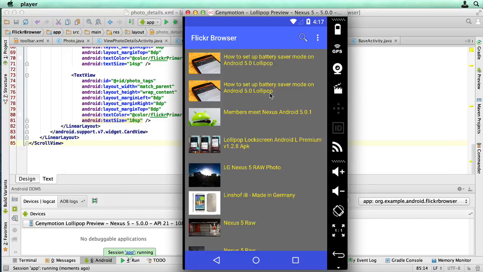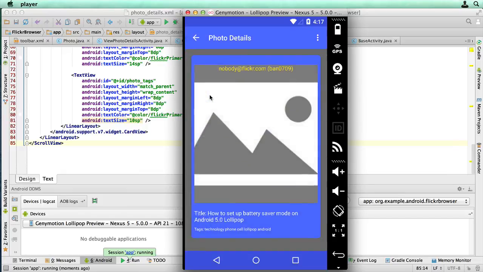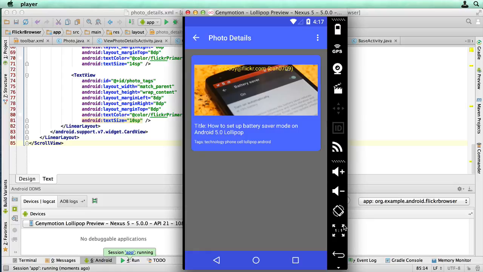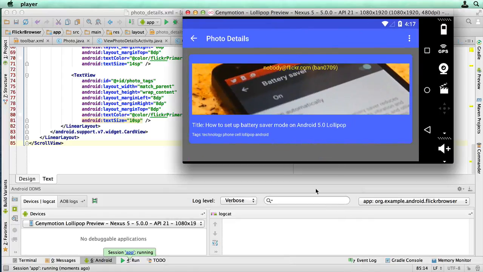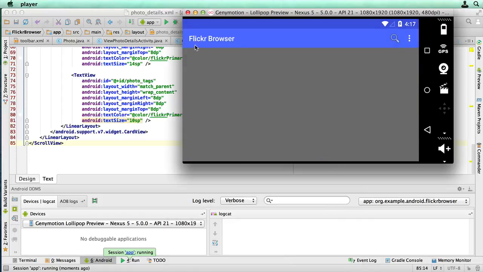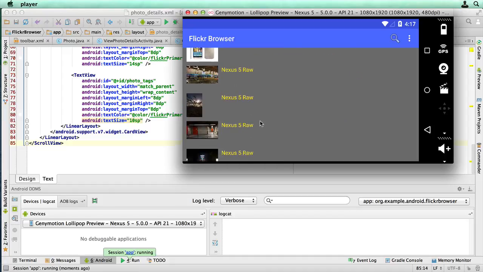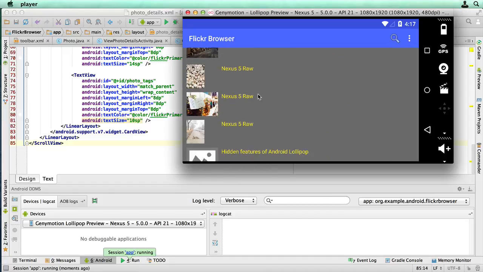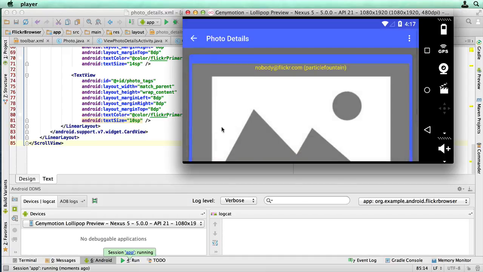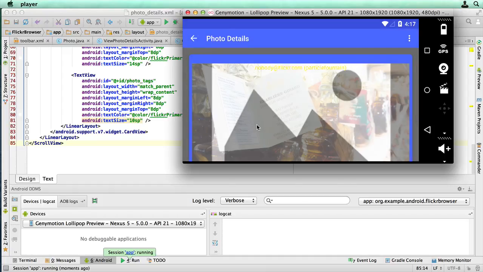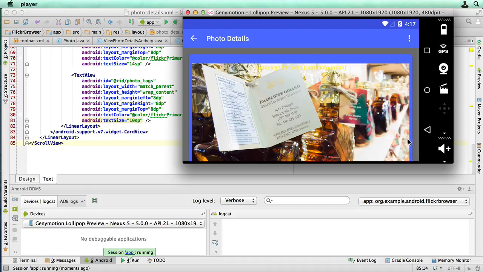So I'm going to see if I can find another photo. I'll just choose that one for now. Let's try and put it in landscape. It just so happened that one fitted. There's nothing that we did to fix that. And notice how the app is working quite nicely in landscape mode as well. Okay, there's a bigger image. Wait till it downloads. And now you should be able to scroll. You can see the scroll bars briefly there as we scroll up and down,